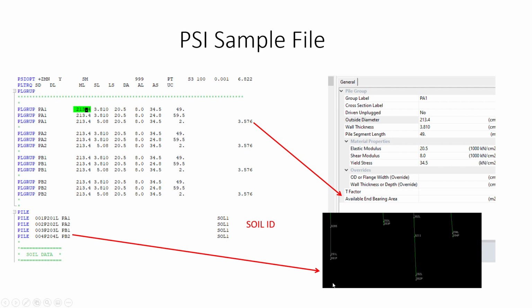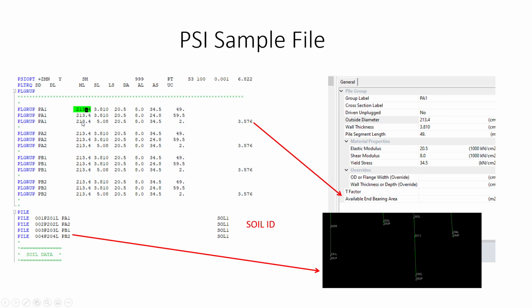My second segment, after 49 meter up to 59.5 meter, I have, if you see here, 24.8, this one is the yield stress, 248 Newton per mm square. Here it is in centimeter, the unit is kilonewton per centimeter square. If you convert that, it is 248 Newton per mm square.